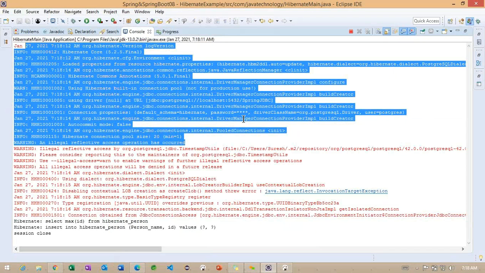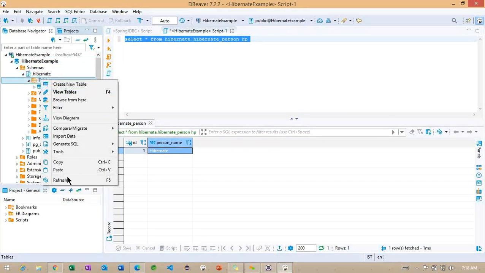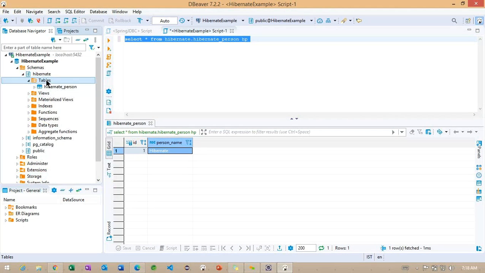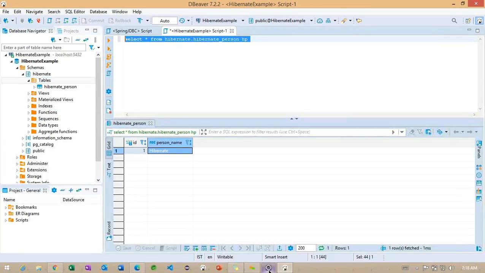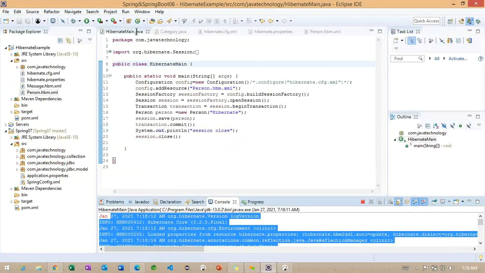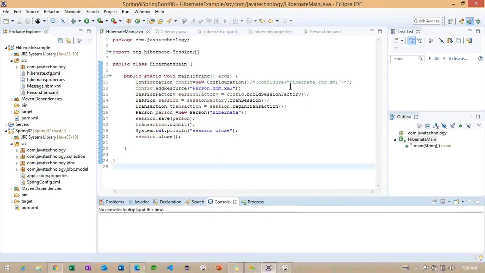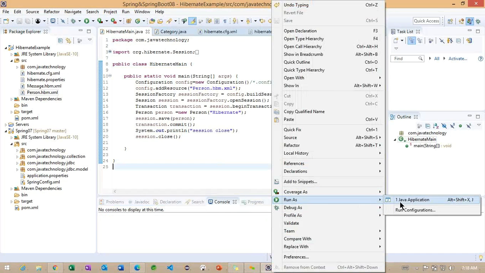We did not see any drop command here, because we are not trying to drop the table. You can observe here. Okay, let's see. If I run one more time, we are expecting the output, so 2 records here.